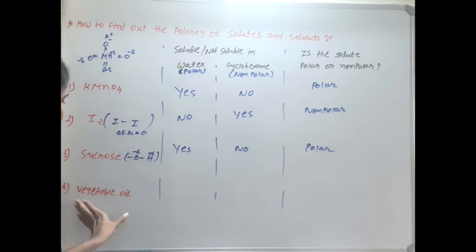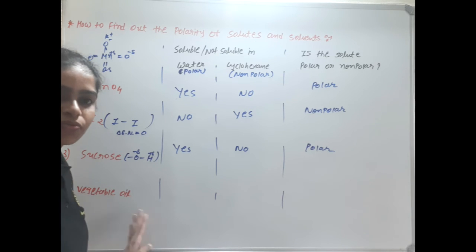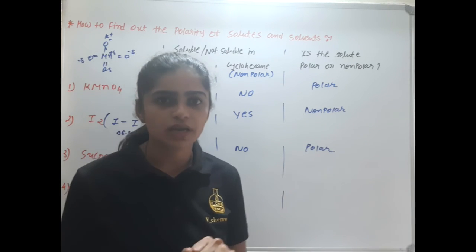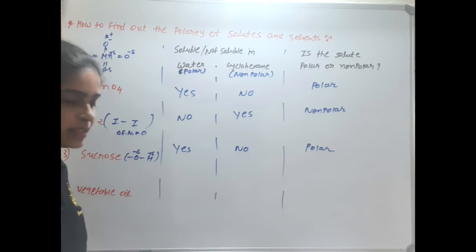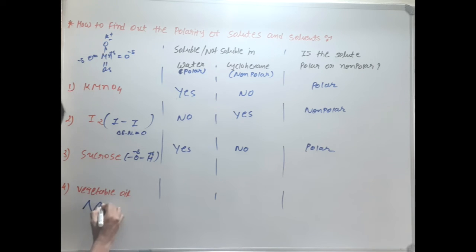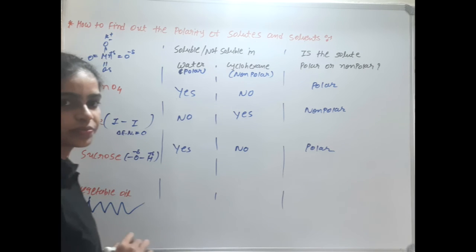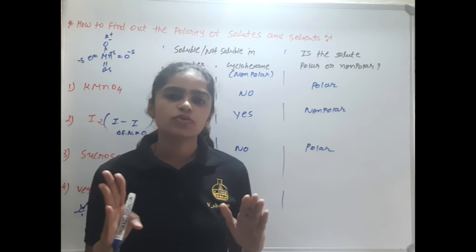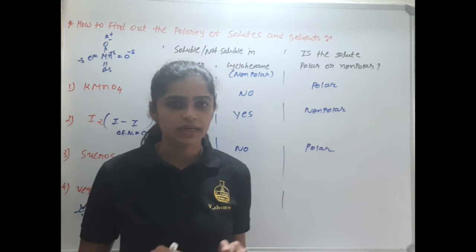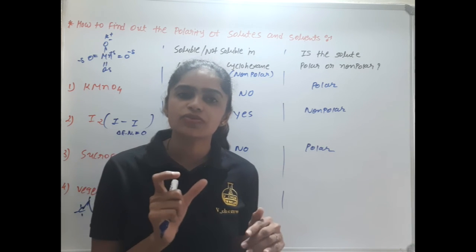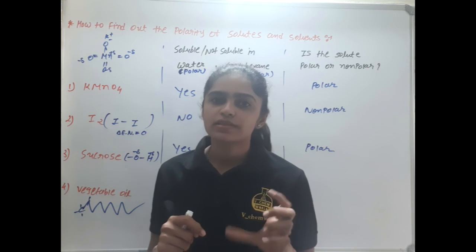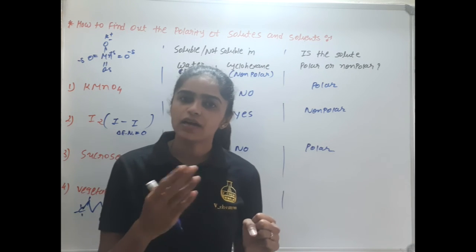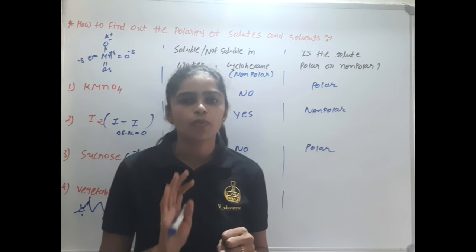Next is vegetable oil. In vegetable oil, we know it is made up of a long chain of carbon. This is the fatty acid, where the long chain of carbon is connected with hydrogen. And we know that the carbon and hydrogen electronegativity difference is very small. Where the electronegativity difference is very small, the carbon and hydrogen bond has no polarity. So that's why this makes a non-polar bond. And in another way, all organic molecules are non-polar in nature.